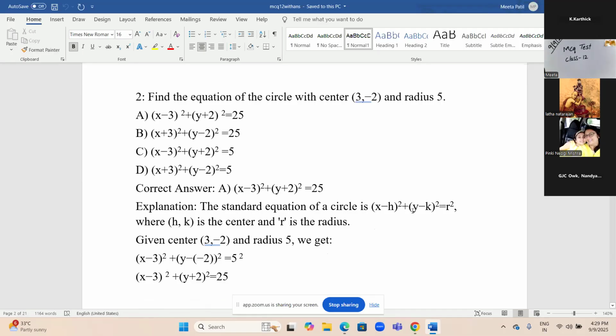We know the standard form of the circle equation, that is (x - h) whole square plus (y - k) whole square is equal to r square. So here you have to put the values of h and k as 3 and -2, and the radius as 5. So if you put these values in the standard equation,